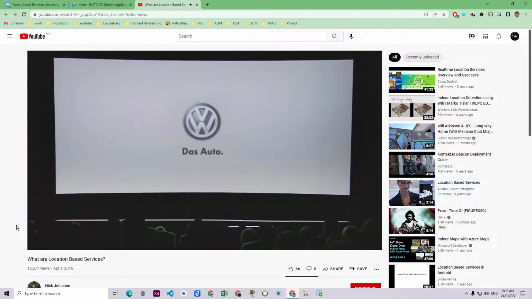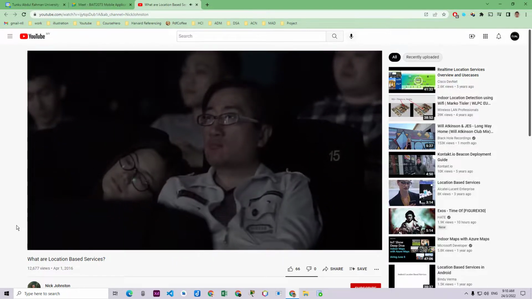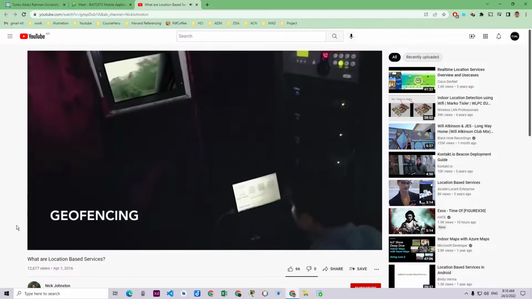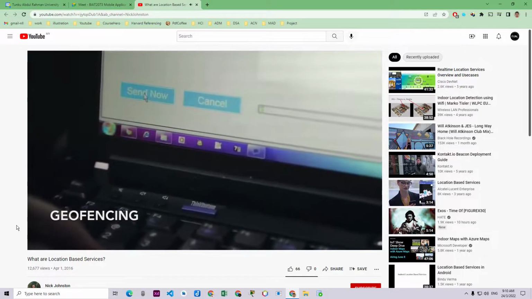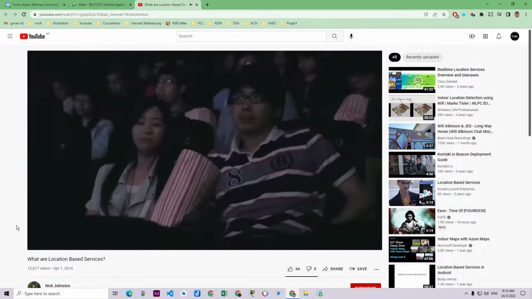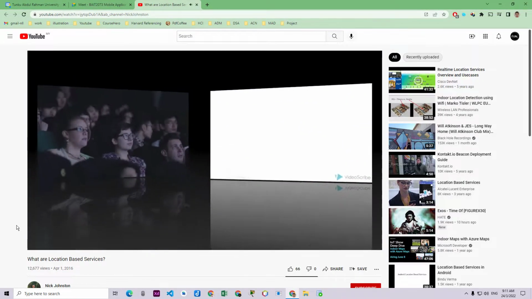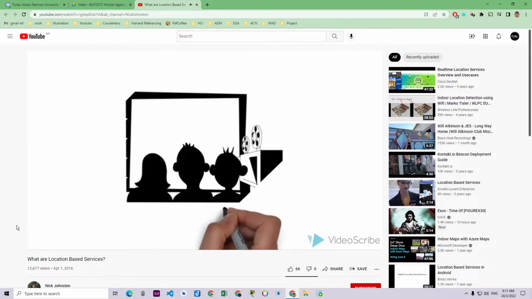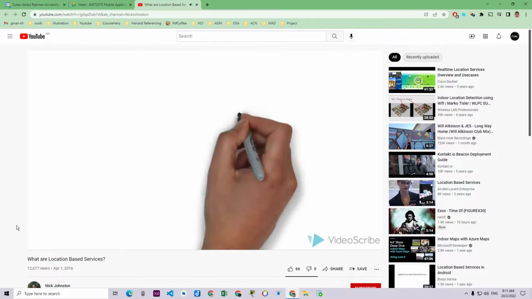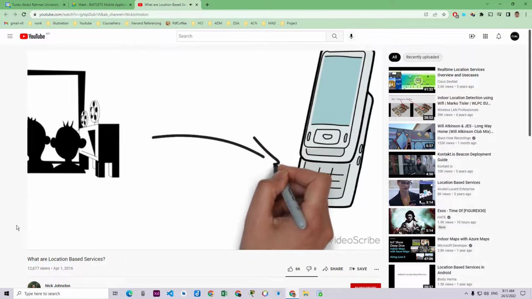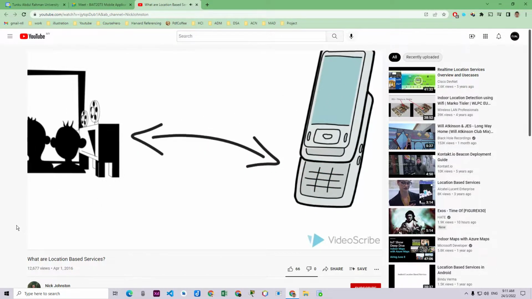Take Volkswagen, for example. The company took public service announcements to a new level at a Japanese movie theater by using geofencing. While moviegoers were watching what they thought was a regular preview of a car driving, the company sent out messages to each phone in the room. Once all eyes were off the road, the car crashed, emulating what would happen in a real texting and driving accident. Now, what was so remarkable about this promotion wasn't the ad on the screen, or even the message that went to the cell phones, but simply the fact that they were able to happen together, in the right place, at the right time.